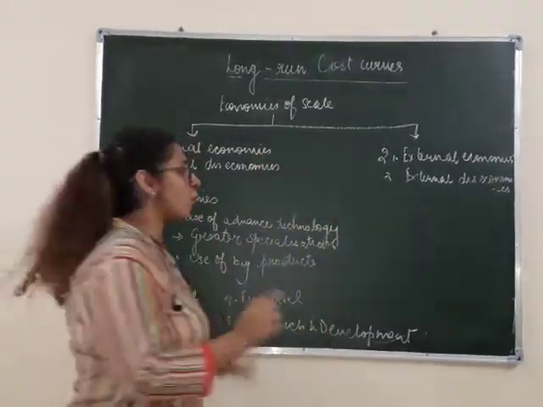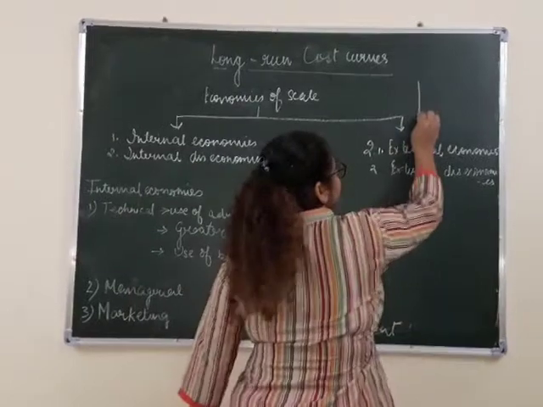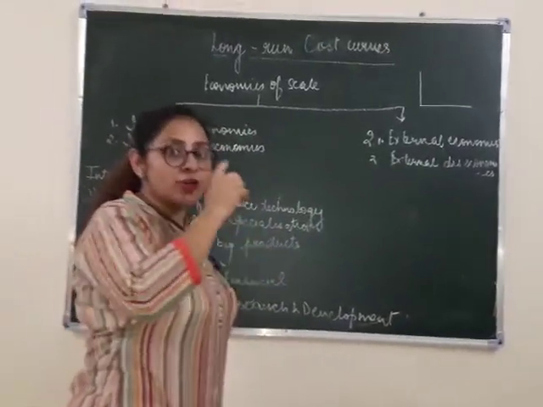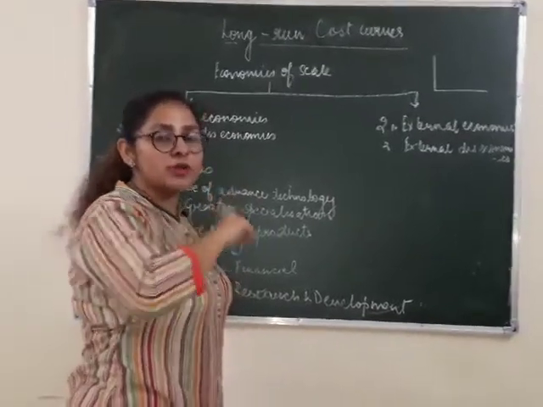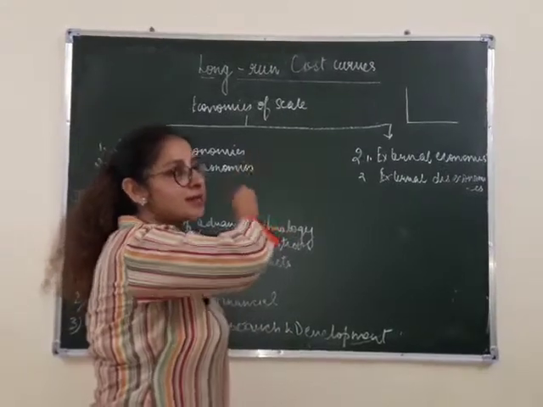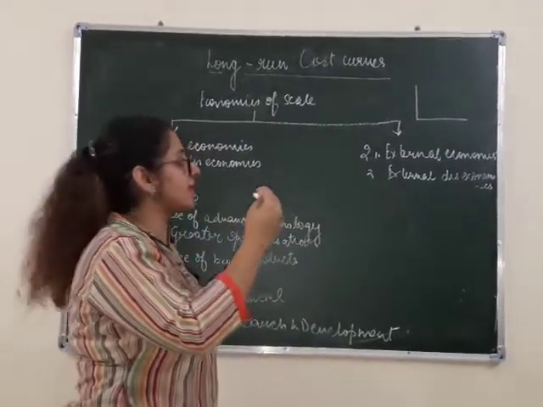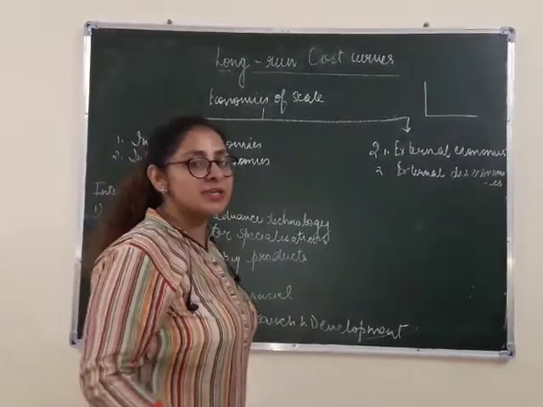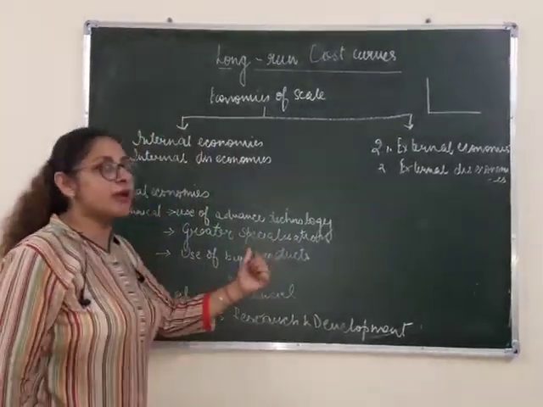When everything is going good in a company, like this. As I have already told you, in the short run, because of the law of variable proportion, when production is increasing at an increasing rate, TP is increasing, it means the first stage, increasing returns to factor, your cost is decreasing. Same thing happened here also.